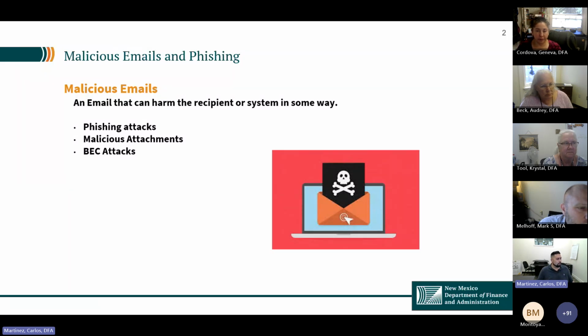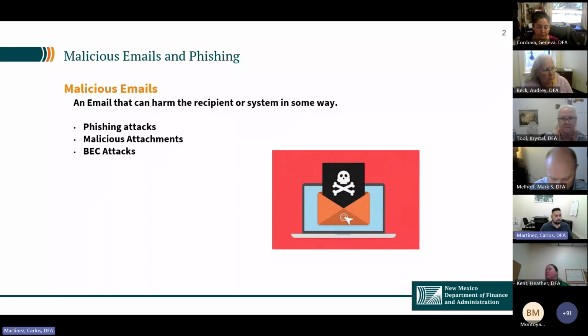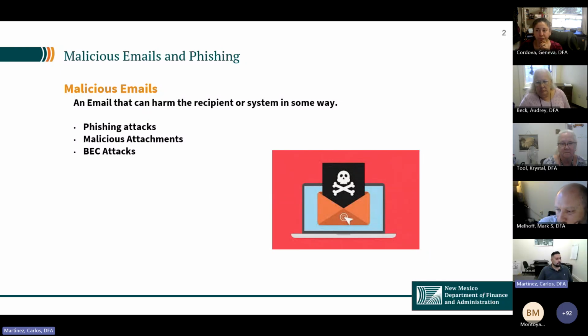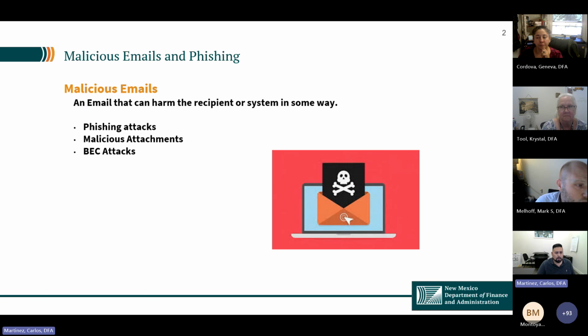But as it relates to the malicious attachments, one thing that you'll typically see from this perspective is if there's a file that has embedded malware or ransomware, there's an opportunity that once you click on it, it can actually infect your system, or in fact, really infect the network as a whole.